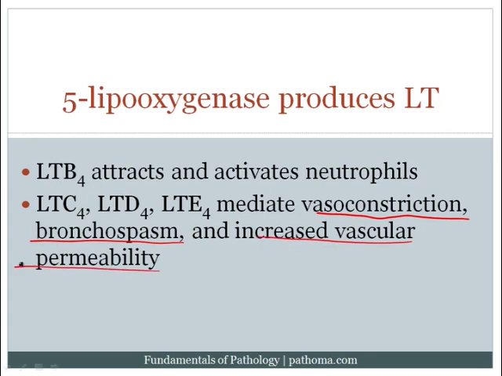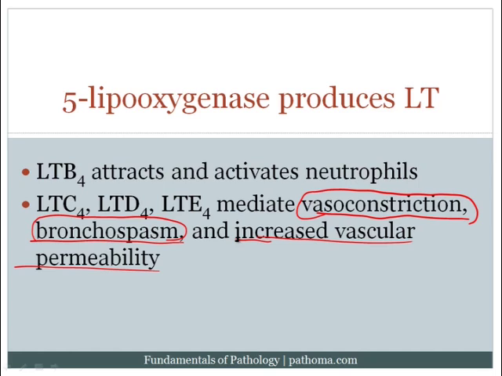Leukotriene C4, leukotriene D4, and leukotriene E4, basically what they do is they contract smooth muscle. The arteriole is lined by smooth muscle, and when that smooth muscle contracts, we get vasoconstriction. The bronchus contains smooth muscle in its wall, and so when that muscle contracts, we're going to get bronchospasm. Increased vascular permeability occurs when the pericytes, which contain smooth muscle contractile